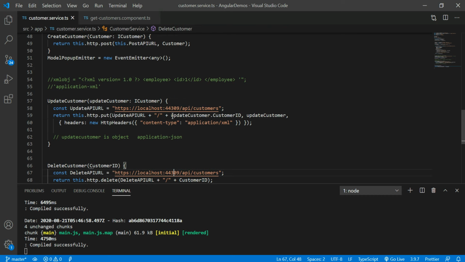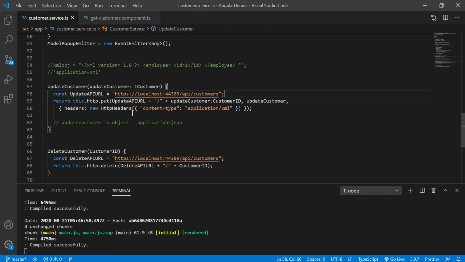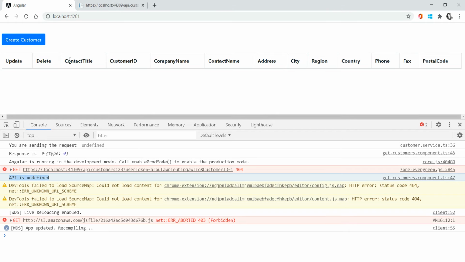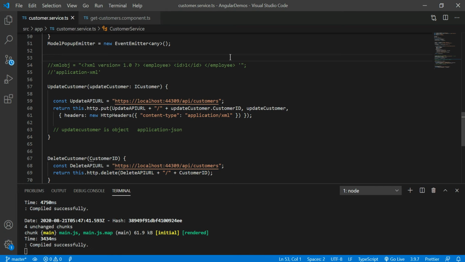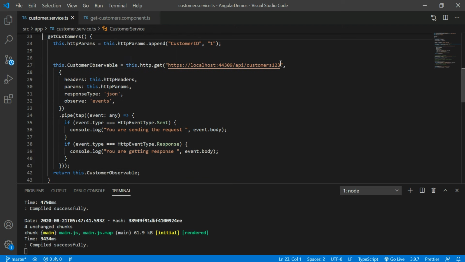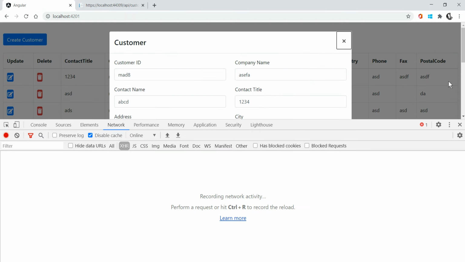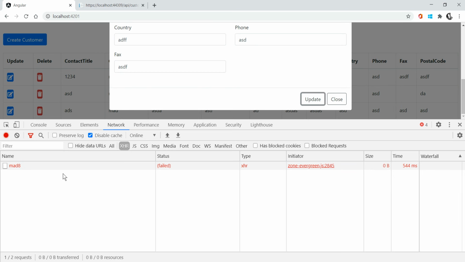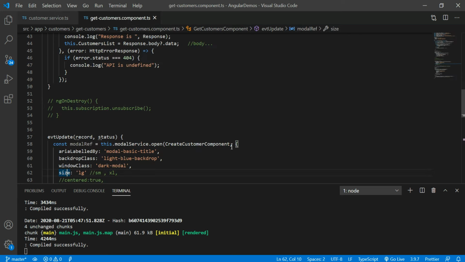Sorry, the update request. See here, in the update request, I am giving the correct parameter, update customer. Let me give the wrong parameter. I want to make the content type wrong. As of now I am getting the content type as XML, so I think it will give the error anyway. Let me save. Before that I want to display the data, so then only I can update. So rename customers 123 to customers update. Anyway I am getting the error because I am trying to give the application type as XML.